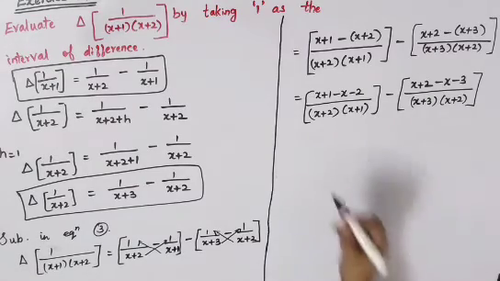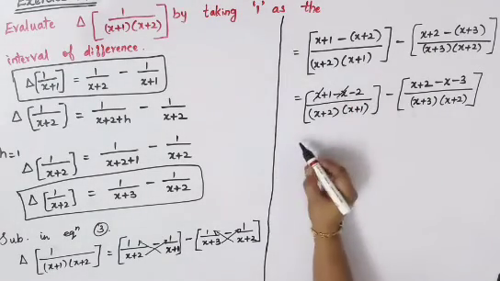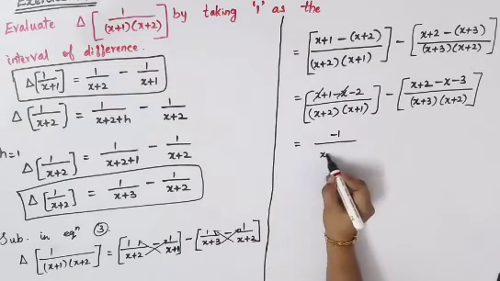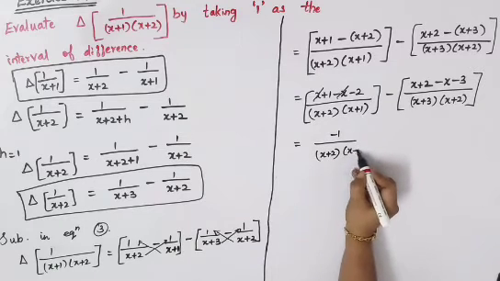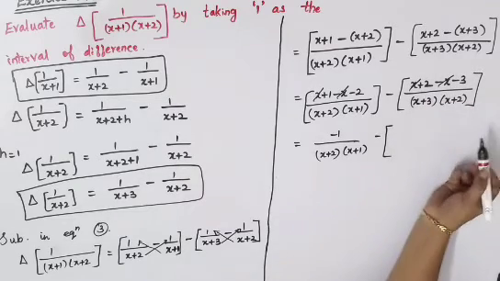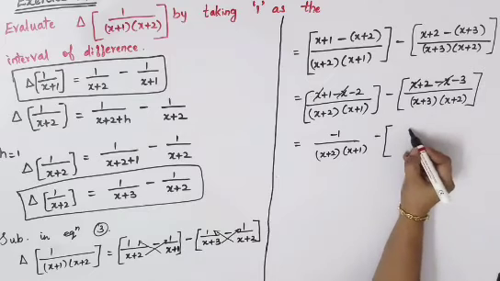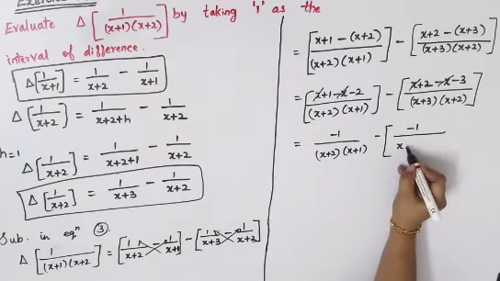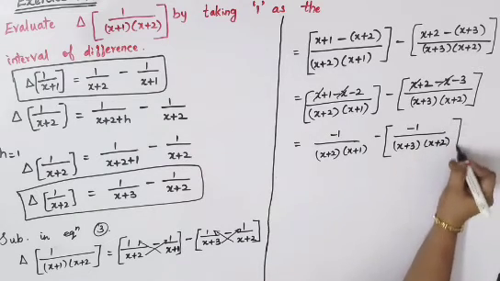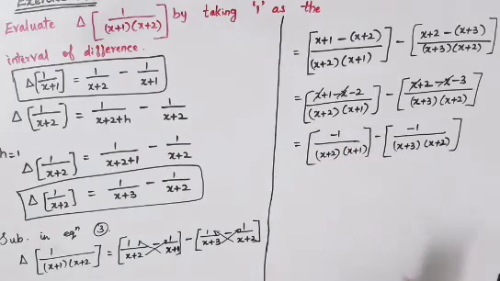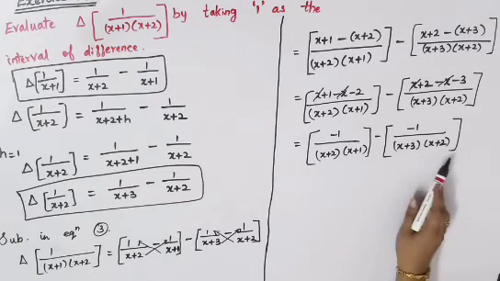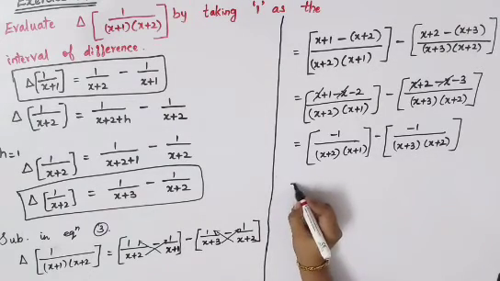So solving, plus x and minus x will go. So plus 1 and minus 2 you will get minus 1 divided by (x plus 2) into (x plus 1). Then minus, again here plus x and minus x will go. Plus 2 minus 3 is there. So minus 1 divided by (x plus 3) into (x plus 2). So now just see which is common. Minus 1 and minus 1 is there. And here one x plus 2 in the denominator. Here also you got one x plus 2. So I'll just take it common outside.